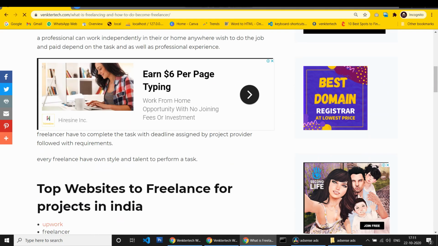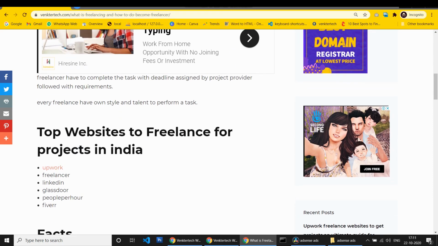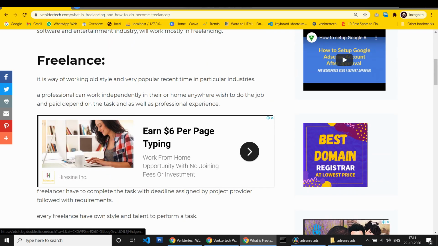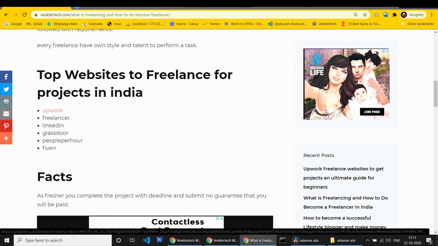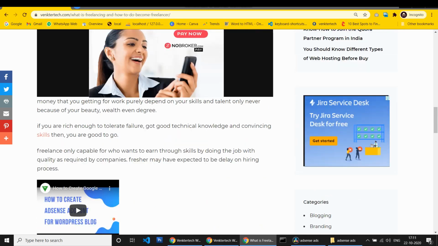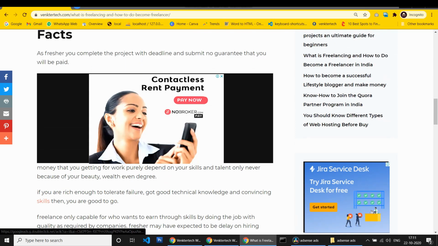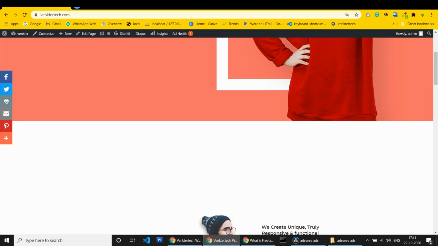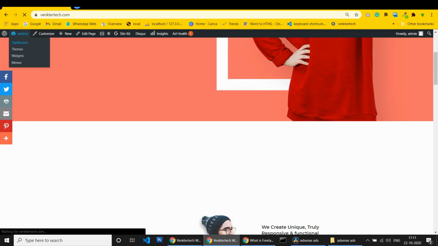After a few days, the advertisement is running properly. Here is one advertisement. It's a square. It is also square. Here we can see how the advertisement is running.